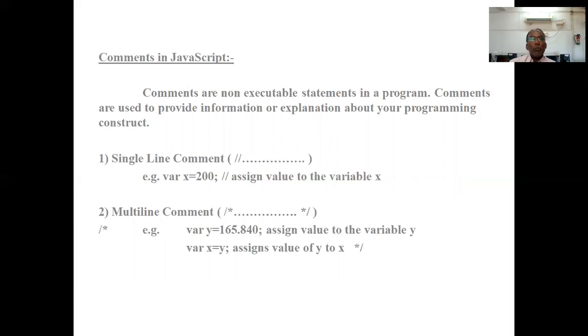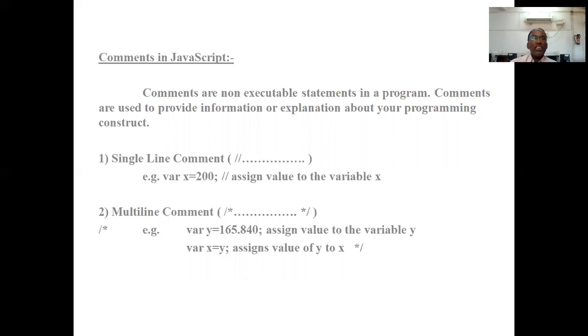JavaScript supports two types of comments, that is single line comment and multi-line comment. We will see one by one.